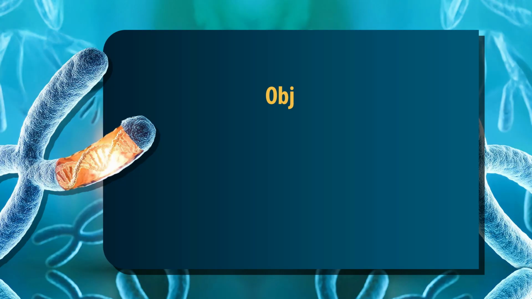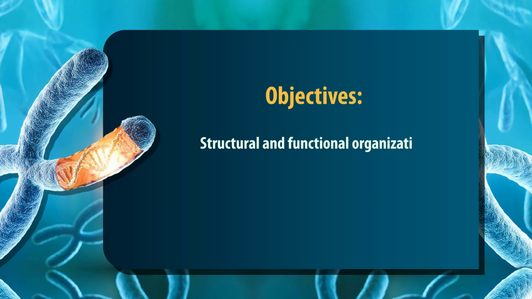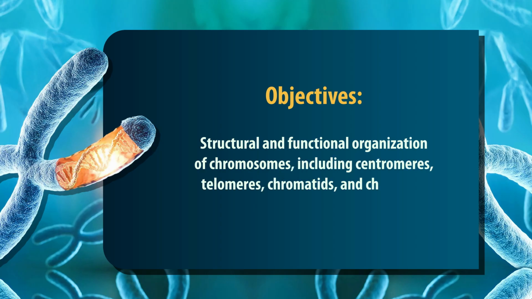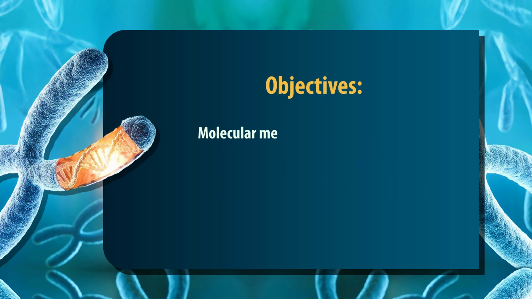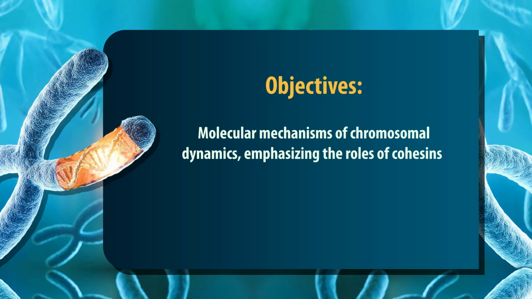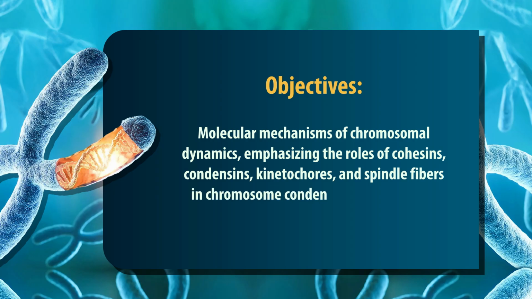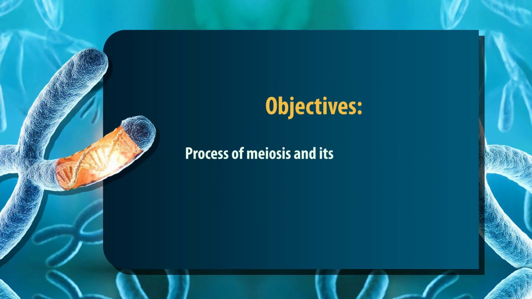So today, our learning objectives of the topic are to explain the structural and functional organization of chromosomes, including centromeres, telomeres, chromatids, and chromatin states; to analyze the molecular mechanisms of chromosomal dynamics, emphasizing the roles of cohesins, condensins, kinetochores, and spindle fibers in chromosome condensation, alignment, and segregation; to evaluate the process of meiosis and its role in generating